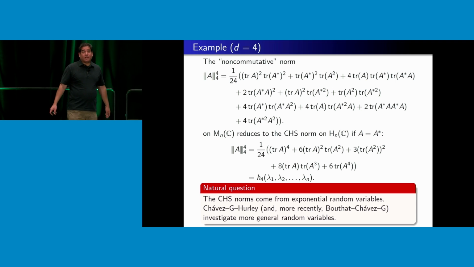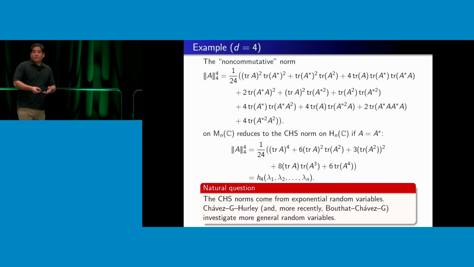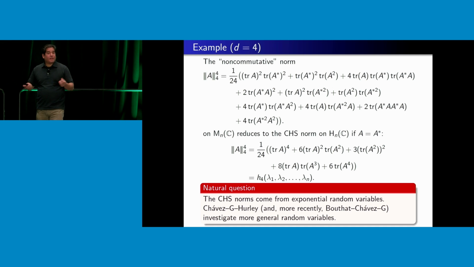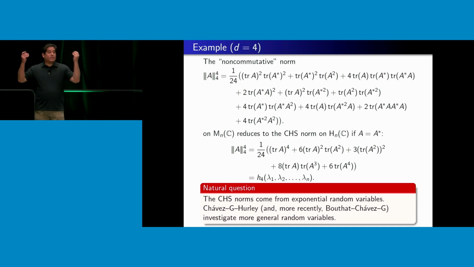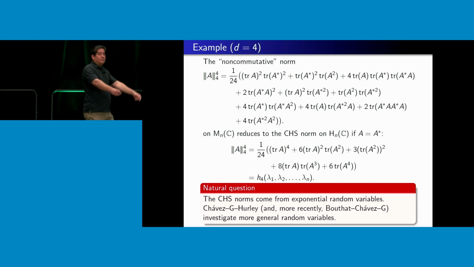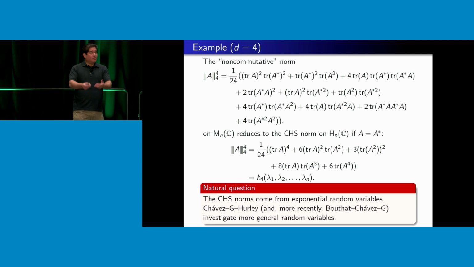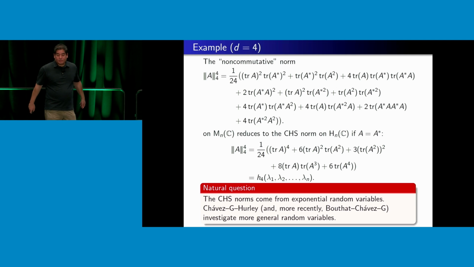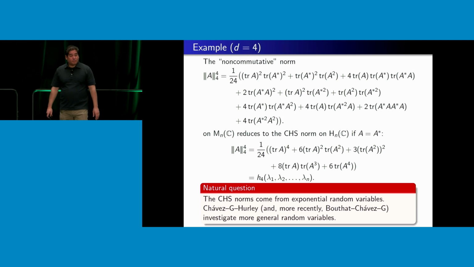And some of my collaborators and I are now developing this sort of theory of random norms, right? If I have a random vector whose entries are drawn from whatever distribution I want, I should be able to come up with a version of Hunter's theorem and some strange norms in this fashion. And in fact, that's what we're doing. It's pretty cool stuff, kind of incomplete at this moment.